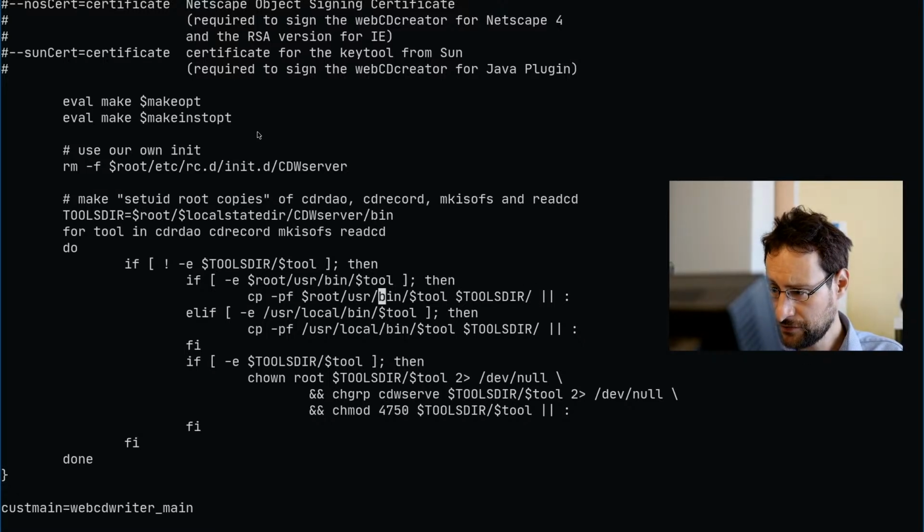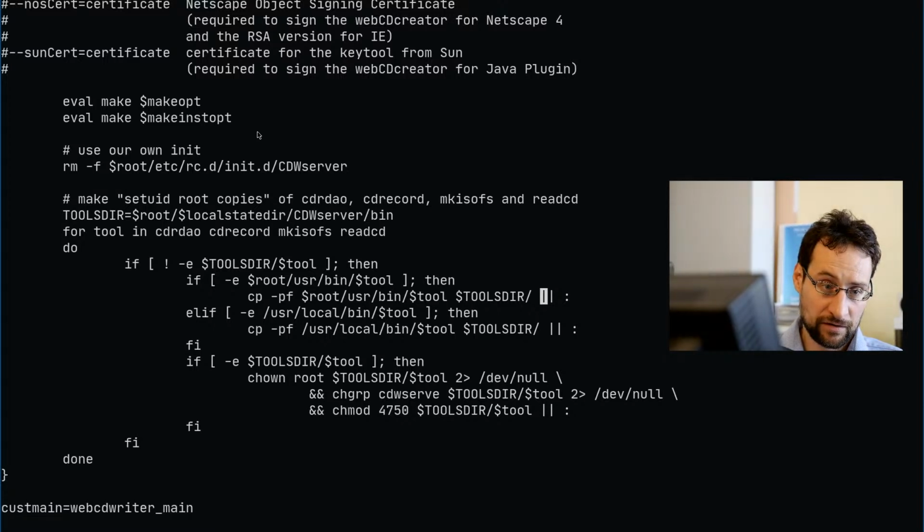If copy, why do they have an or? Who would write freaking code like that? That is super bizarre. This is basically or nothing, but why the heck would you do that? I mean, the only thing is that it could hide an error. Otherwise, it would error out if there's a copy error.